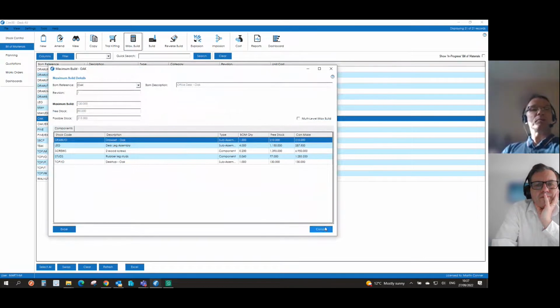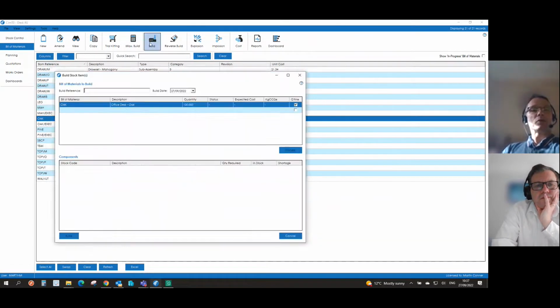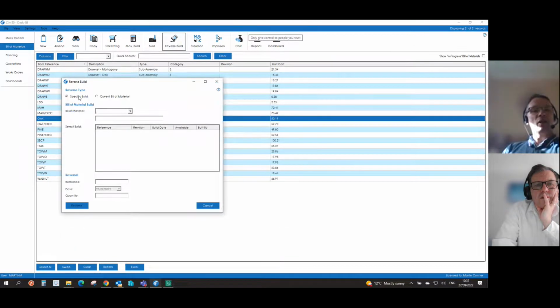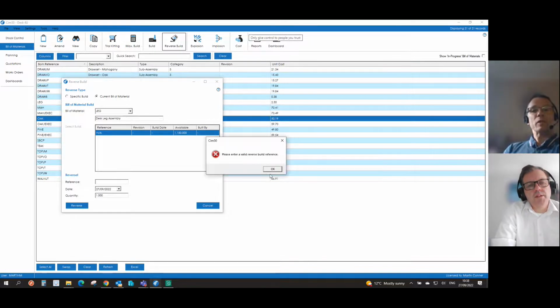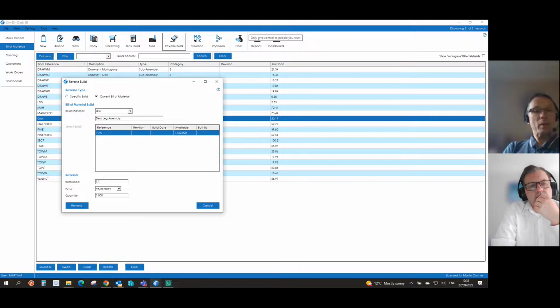We can build from here, so you don't have to have works orders. It will take the components out of stock and put a finished item into stock. There's your reverse build as well. You can either reverse build a build that you've made or a specific bill of material. So I can come in here and say that I want to reverse build that, split that down, and that will update the component quantity levels as well. Put a reference in there, reverse that,